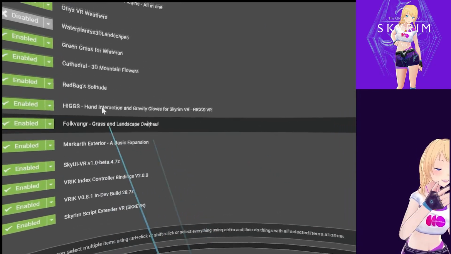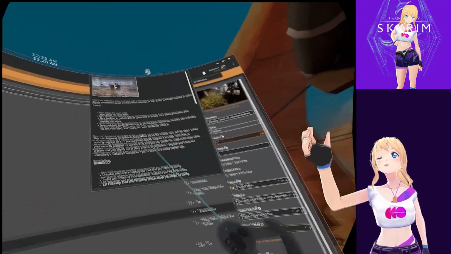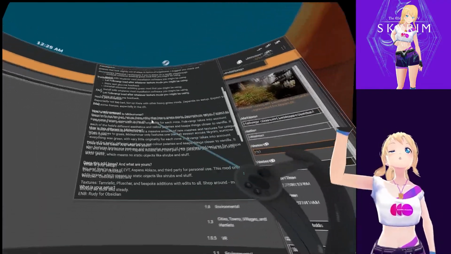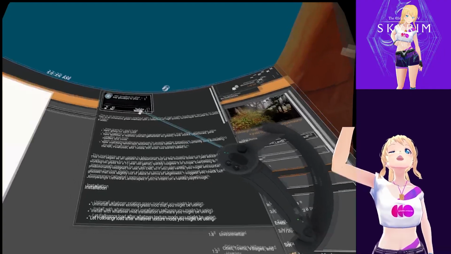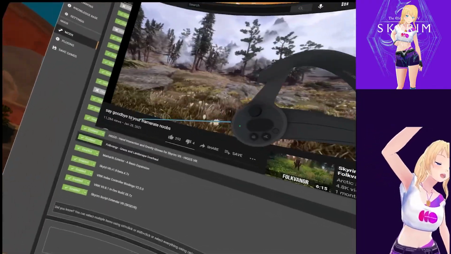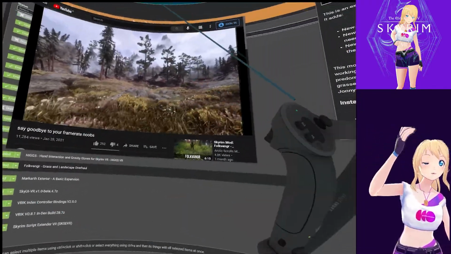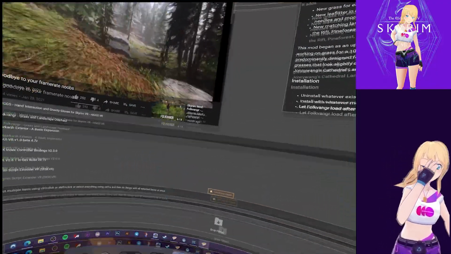Folkvangr Grass and Landscape Overhaul. Yes, this is a beautiful landscape. I really love this. It's a beautiful landscape. Let me see why. It's gonna be say goodbye to your frame rate, noobs. Definitely. I don't recommend this grass for people using